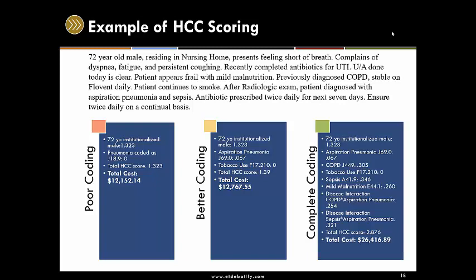If you look at the example on the far left, what we're going to call our poor coding example, the HCC score of 1.323 is assigned based on the patient's age, gender, and residence in the nursing home. Then they assign the diagnosis of J18.9, just straight pneumonia. Pneumonia unspecified does not have an HCC score. It's a score of 0. So since no other diagnoses were coded, the patient's total HCC score for this encounter, based on this coding example, would be